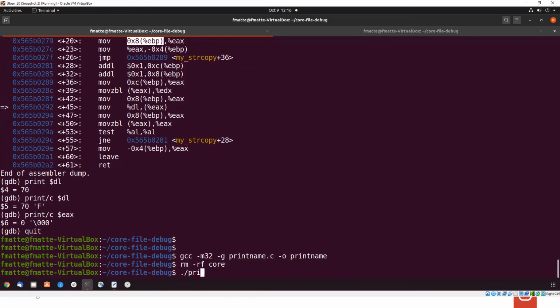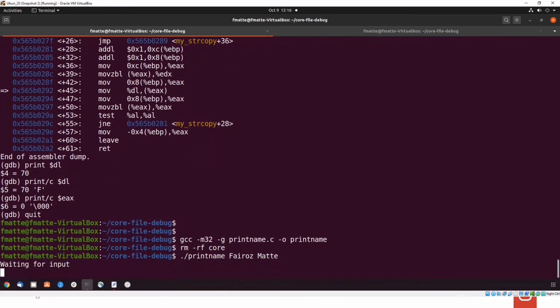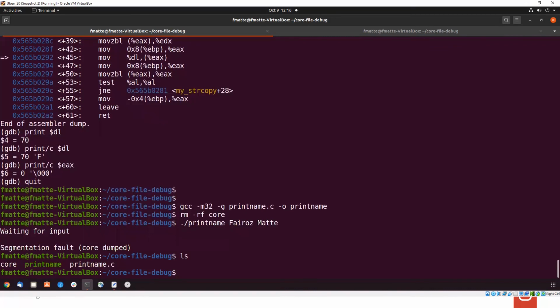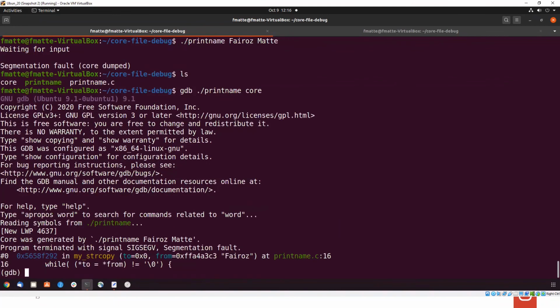Okay, what you can do is run the program with the same approach. Once you generate the core file, okay, the core file is here. Try to open the core file again with GDB. Now the core file has symbol information. As soon as it opened, it showed reading symbols from this particular file. And again, the segmentation fault happened, but now it gave a lot of information.